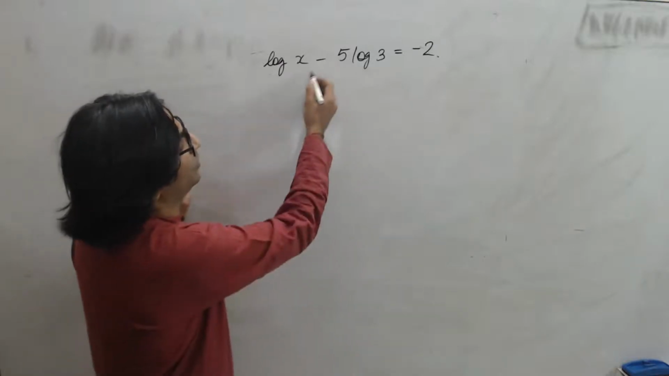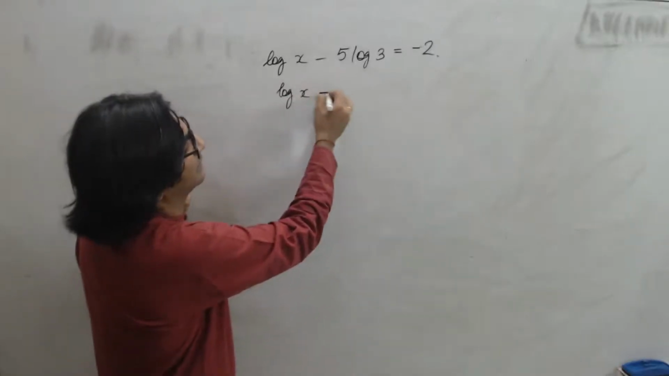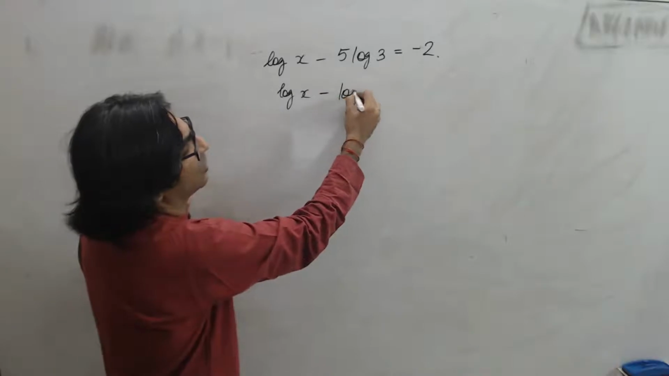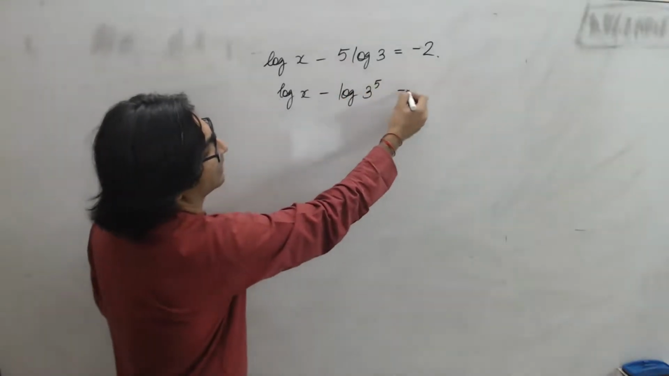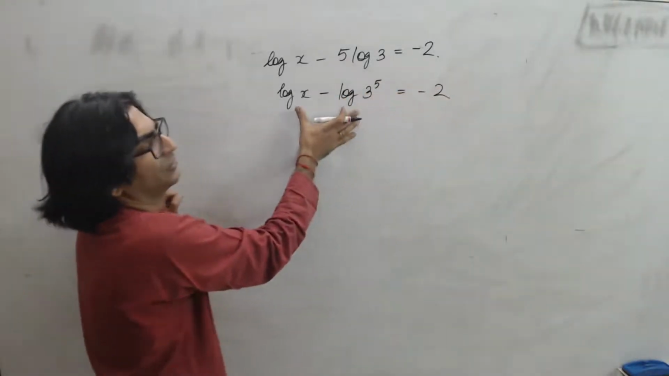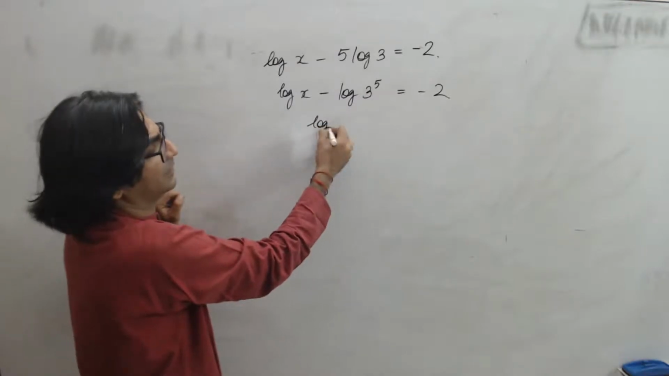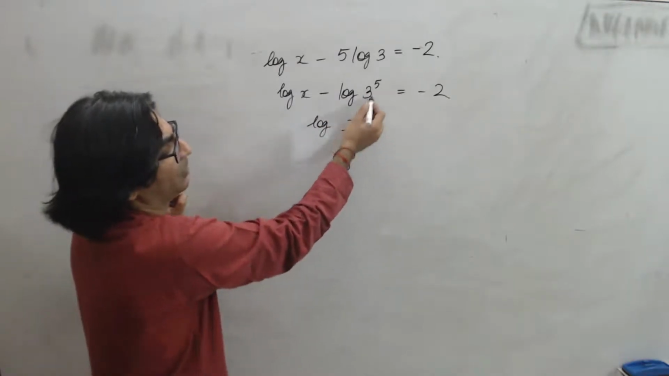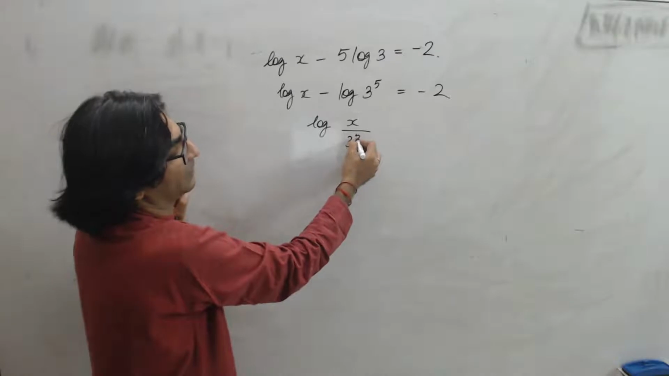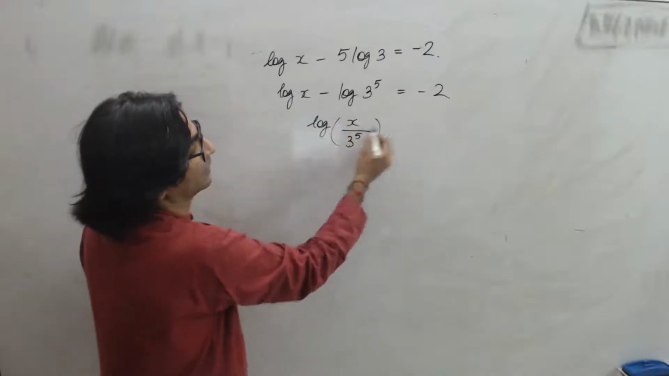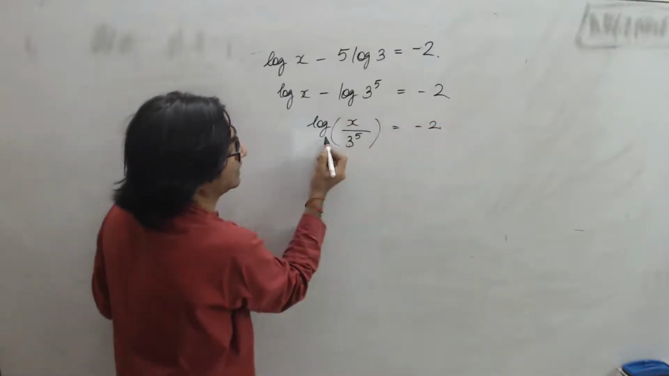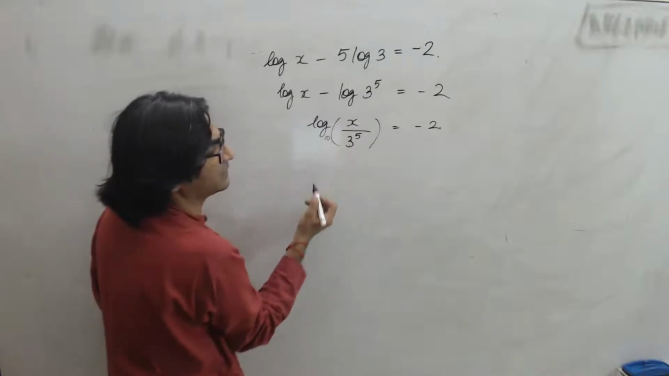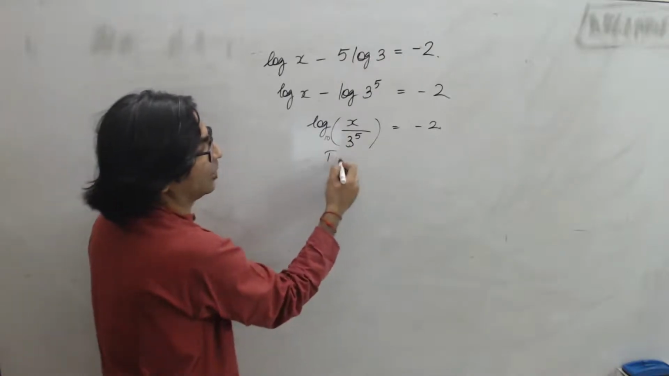So our first step, I'll write this as log x, take the power inside, minus log of 3 to the power 5 is equal to minus 2. When two logs are subtracted, then using the property it will be log of a upon b. So log of x upon 3 to the power 5 is equal to minus 2, which basically means, if the base is not mentioned, it's 10. Right? So taking an anti-log,